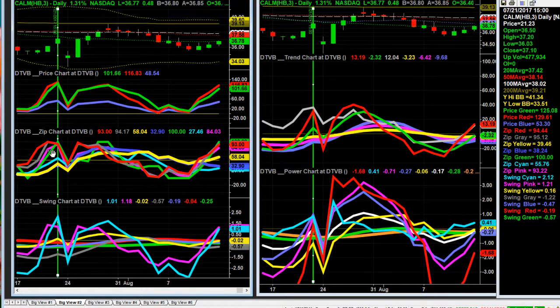We also have zip pink going up, which is indicative of the pink-green pattern, but we're on the first day of zip green hitting 100, and because we have the signal of, in this case, zip red and gray both going down, that's the signal to go down the next day